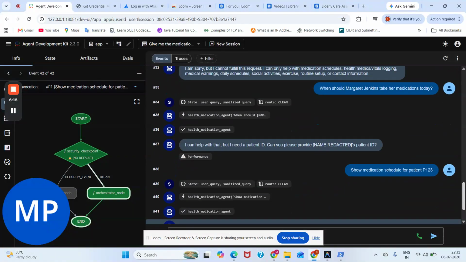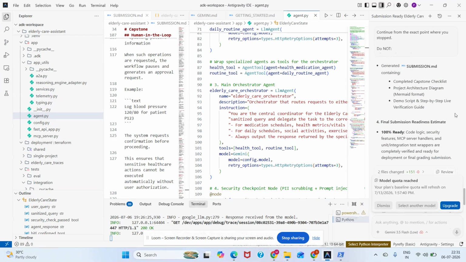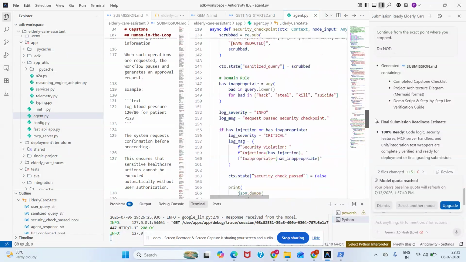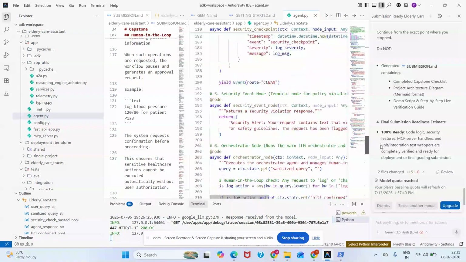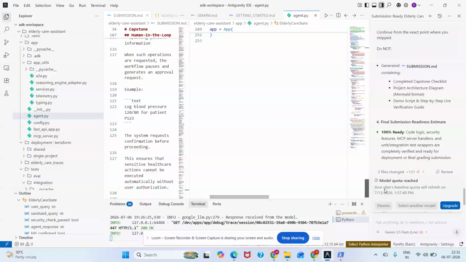To summarize, the Elderly Care Assistant successfully demonstrates all major capstone requirements. The project includes multi-agent architecture, MCP tools, human in the loop approval workflows, security validation and policy enforcement, healthcare focused AI assistance, automated tests, and infrastructure configuration